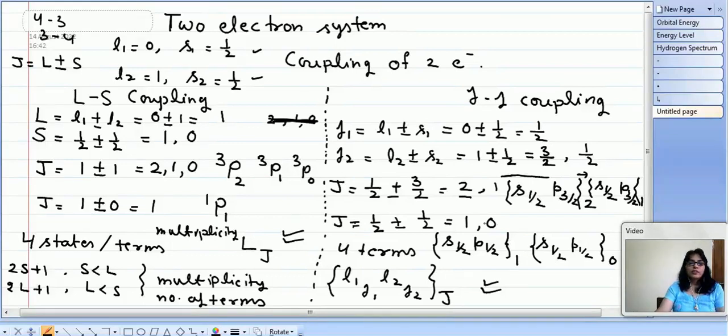So in this way we see that for a many-electron system, if the number of electrons is more than 1, we can couple those electrons using LS coupling or JJ coupling, but the number of terms will remain the same in both couplings. The difference will be in the energy levels, because we are getting 4 energy levels; 4 terms means 4 energy levels. So there may be a difference between the energy levels in LS coupling and JJ coupling, but the number of terms will remain as such. In this way we have covered many topics today, and let us stop here.